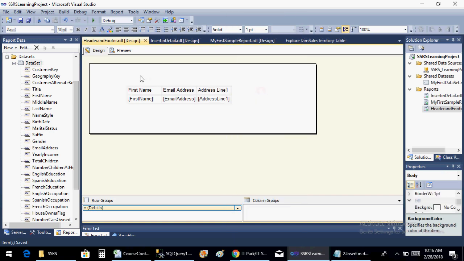So I want to display this. Since customer information in the RDB will be in large volume, it may change your page to page numbering. And if I preview here,